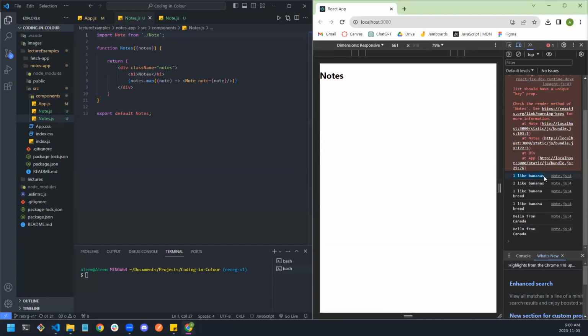Now see this, I like bananas. Now I'm not sure actually why it's printing each twice. I think that is an issue with the rendering. But notice that it is printing basically our notes. And it's printing it